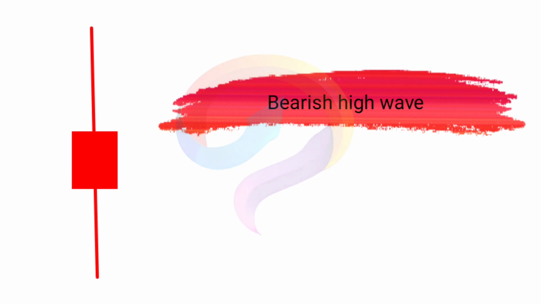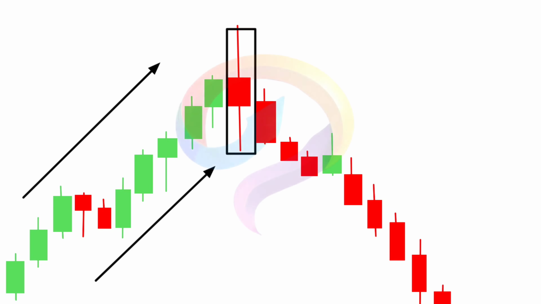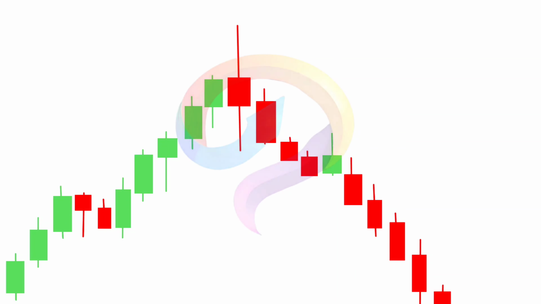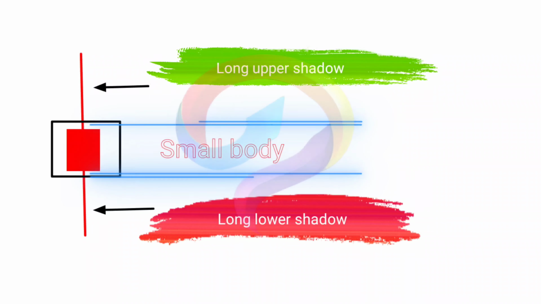The bearish high wave candlestick pattern is a reversal pattern that can be identified when the market is in an uptrend. This pattern suggests a potential trend reversal in the opposite direction. The pattern is formed by a long upper shadow with a small real body and a long lower shadow. The small real body indicates that buyers and sellers were equally matched, but the long upper shadow shows that the